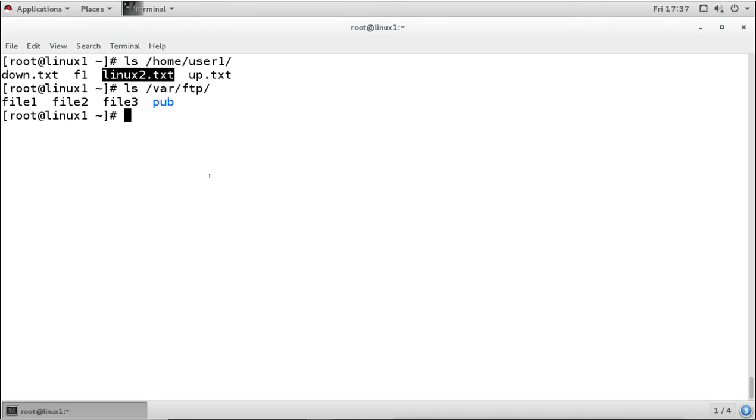Normal users can also log in because they are authenticated users, so they can both download and upload. The normal users log in and go to their home directory. User 1 will go to user 1's home directory, user 2 will go to user 2's home directory. So this is the default configuration of the FTP server.